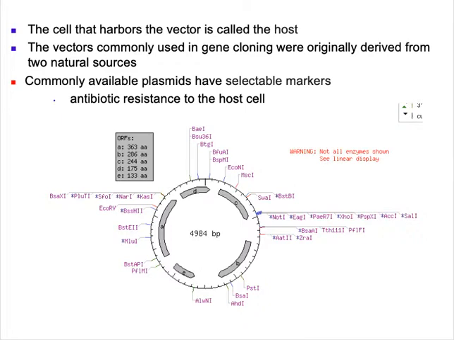Then there's the lac repressor being expressed here, so you can control gene expression and a variety of different things. Over on the right-hand side of the plasmid, shown here,